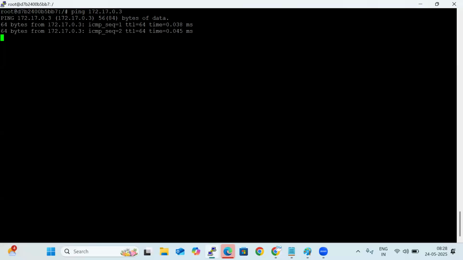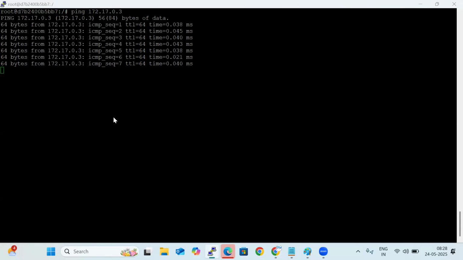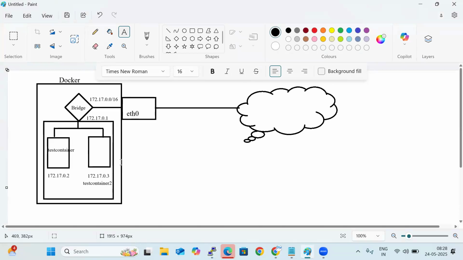So when I try to communicate, both the containers will communicate with each other. Why? Because both are connected to a single network, that is the default network. But there is a problem here. The problem is they will not communicate with the name. The name resolution cannot happen. When I give ping test container 2, it is going to show you name or service unknown. Docker behaves this way for the default network adapter. So whenever your containers are connected to the default network adapter,